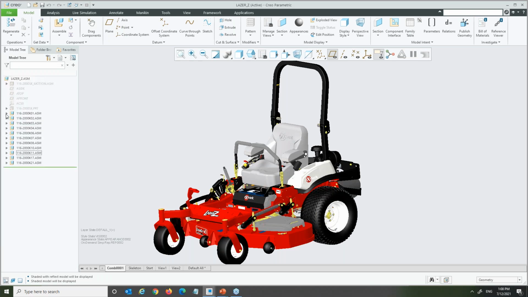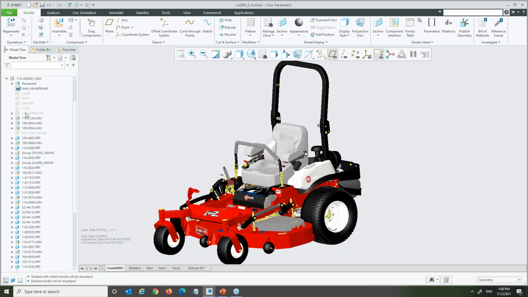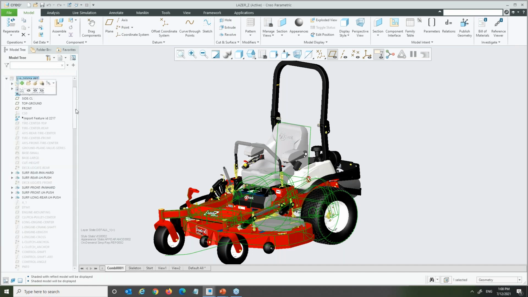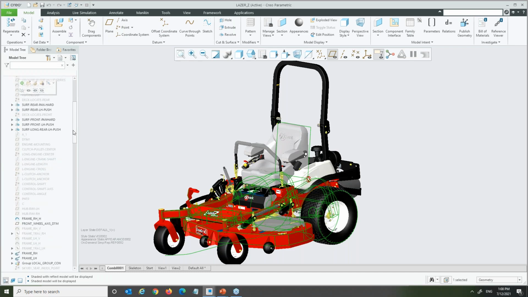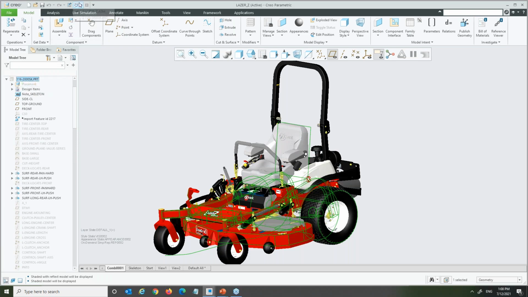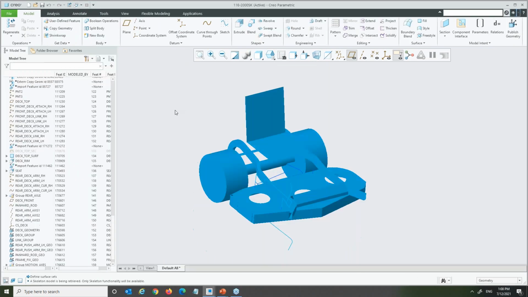And you can see for every sub-assembly there are skeleton features created which control the critical dimensions downward. At the top level, you can also see a skeleton model here, and all the critical dimensions that drive the whole assembly are captured at the conceptual level inside the skeleton model. I have opened that skeleton model outside here.